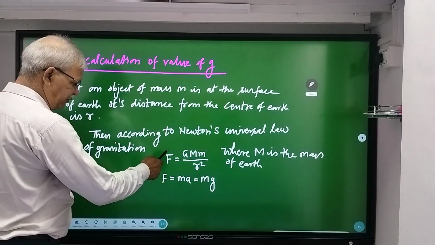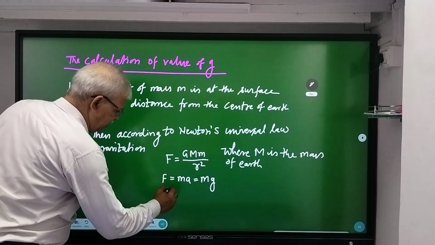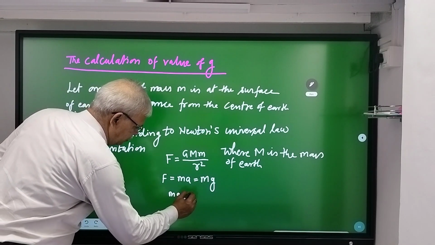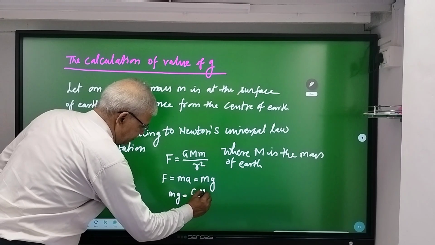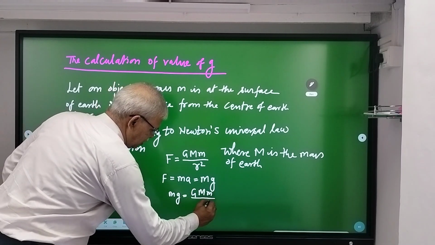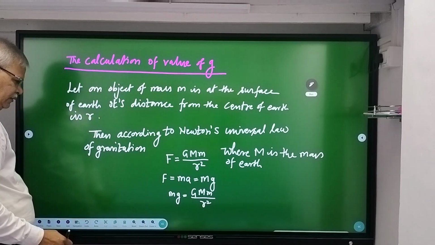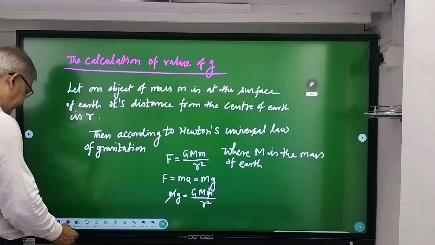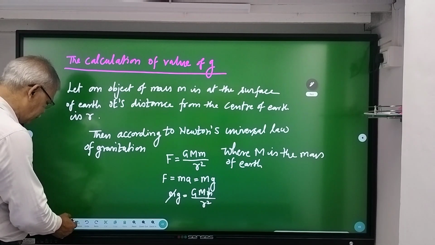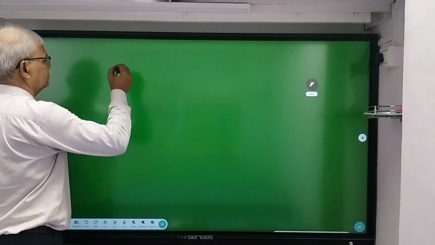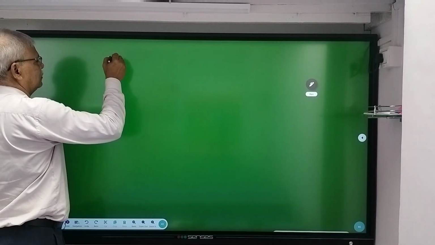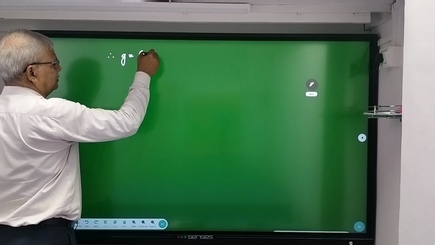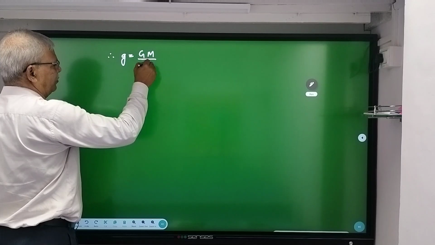Now substituting the value here, mg is equal to G capital M small m upon R square. Here m will cancel. Therefore g is equal to capital G capital M upon R square,